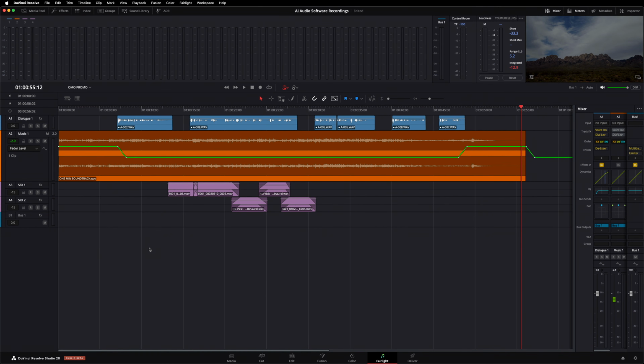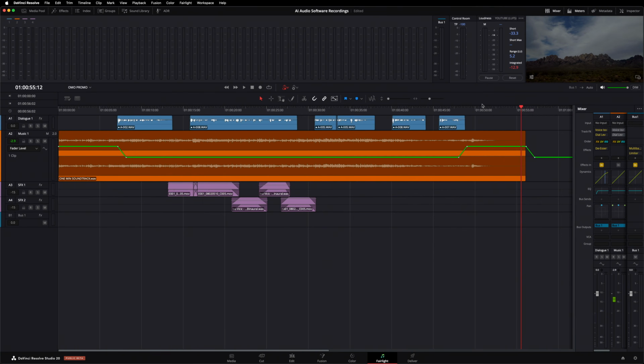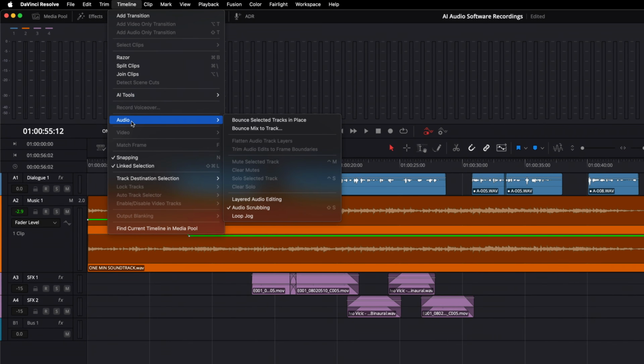One thing I want to check is, did it actually reach the loudness standards for YouTube, which would be an integrated number of -14 LUFS and -1 true peak. Now, to measure the LUFS, you have to play it back in real time to get an average number in this integrated section. But a quick way of doing this is if you go up to Timeline, go to Audio,